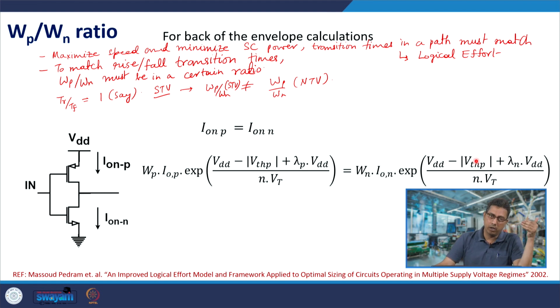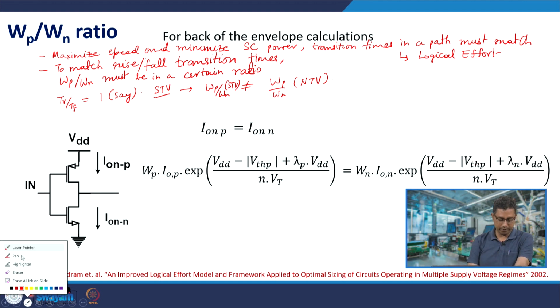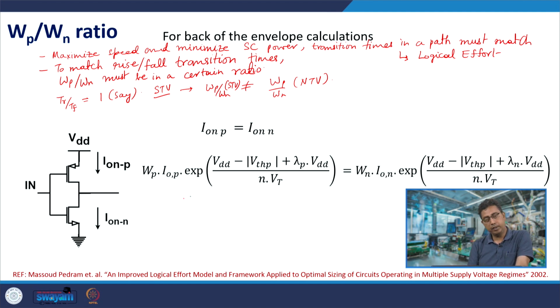You need to resort to simulations and get to the right values, because a small change in threshold voltage because of say DIBL would lead to an exponential change in the current. So, whatever you calculate this way is only giving us a first idea. This is not a very accurate idea that you can get through these kind of calculations. How do we attempt to get a more accurate way of doing these things, that we will discuss in the next lecture. So, this would give us a first guess for WP by WN. Using this first guess, obtain WP by WN desired